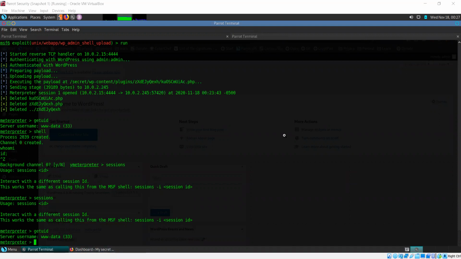We are logged in as www-data. Privilege escalation. Yes, privilege escalation is our first goal, because as a server account, as that www-data account, there are a lot of things that are going to be restricted to us. So we should try to escalate our privileges now. That would be the best thing.